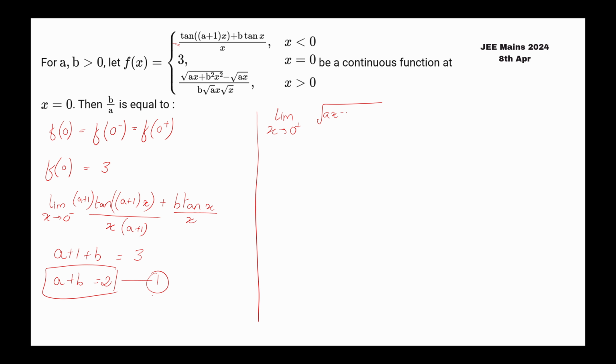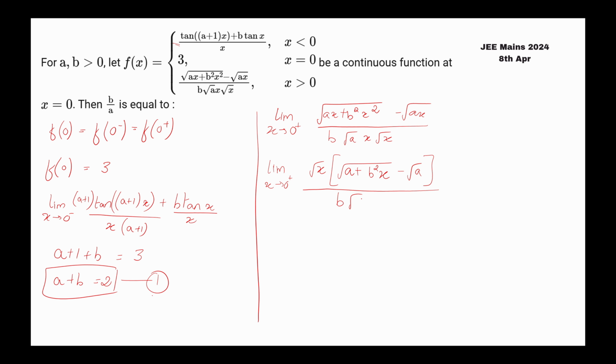Root under ax plus b square x square minus root under ax upon b root under a into x root x. From the above equation, what I can do is take root x to be common. So if I take root x common, this becomes limit x tending to 0 plus, root x comes out common. Here I would be left with root under a plus b square x minus root a